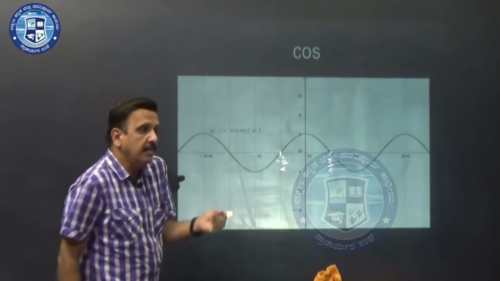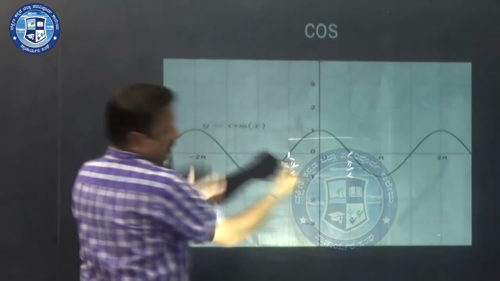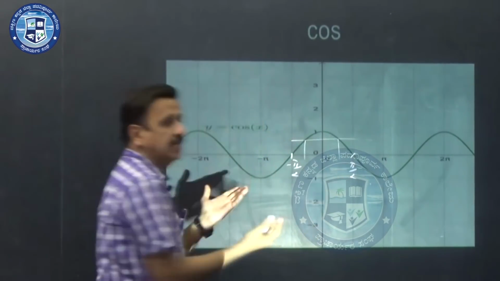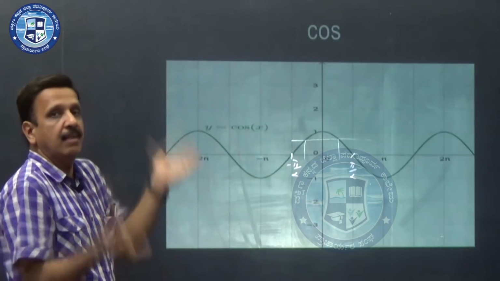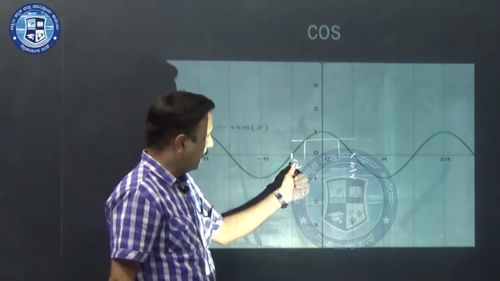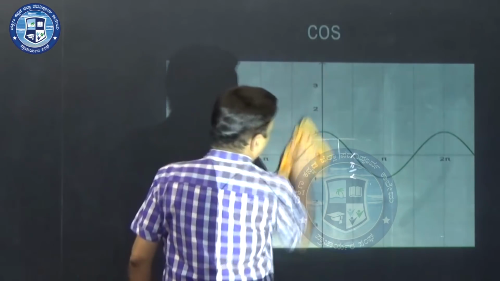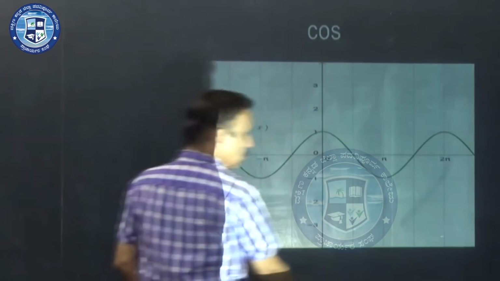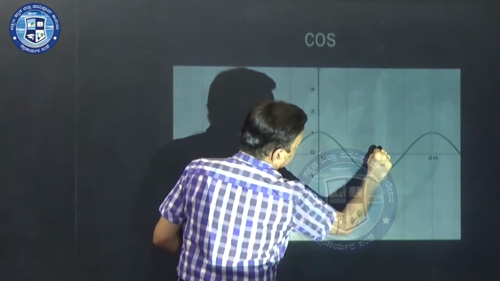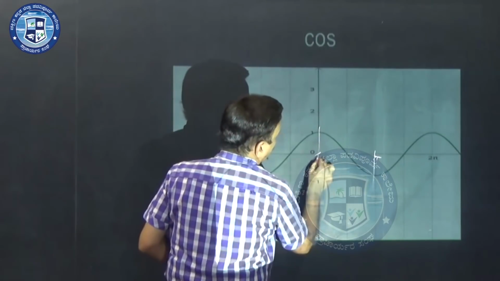If you try the same thing for cos, you find that if you draw a horizontal line, it will cut the curve at 2 points. For two values of x, the values of y will be the same, thereby the function is not bijective. Therefore, the inverse does not exist if you select the angle between minus pi by 2 and plus pi by 2. Then what do you have to do? This I had explained the other way around earlier. What you need to do is select between 0 and pi.